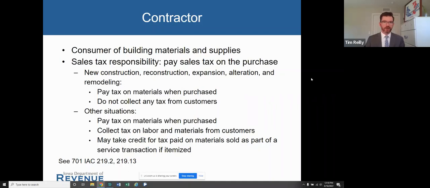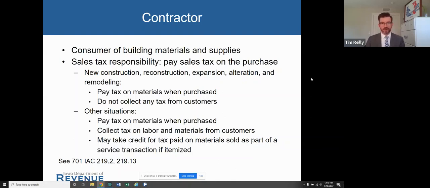When they are using those products for new construction, reconstruction, expansion, alteration, and remodeling, the contractor of course should have paid tax when they made those purchases. They should not be collecting tax from their sponsor, the ultimate consumer, because the contractor is deemed by law, by the statute, to be the consumer of those products.